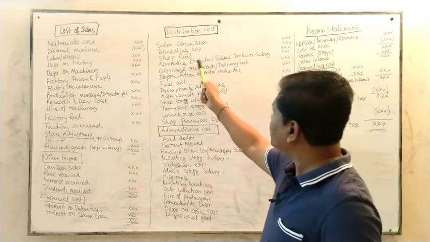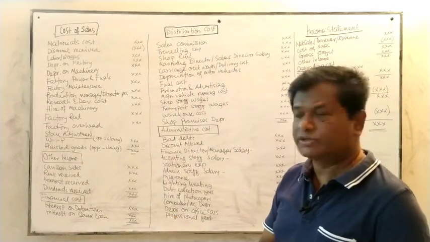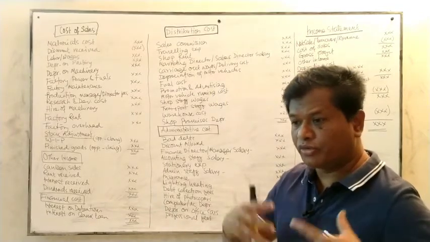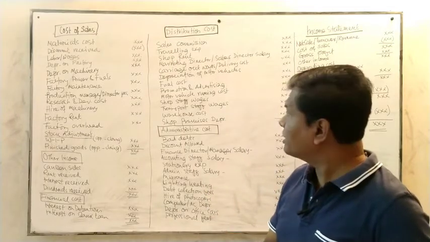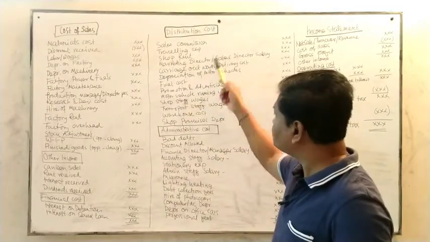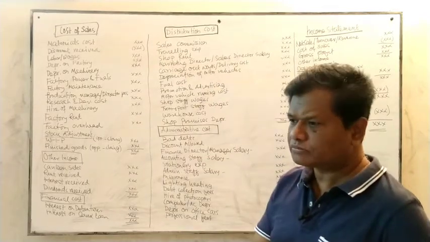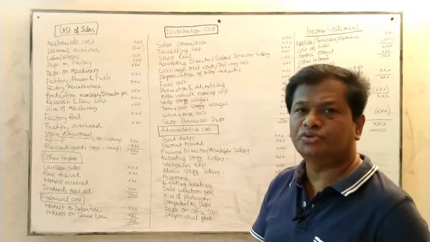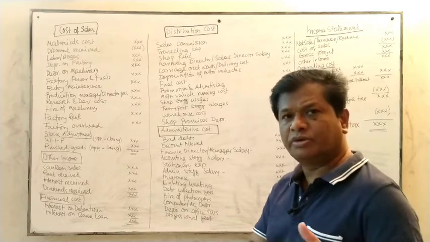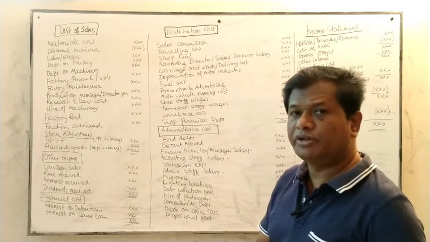You see marketing director or sales director salary or commission, or the fees. The marketing director or sales director works to improve the sales of the company. That's why they are given some salary. Their salary is to be treated under the distribution cost. And the carriage outward or delivery cost: when the goods are produced, they need to reach the different outlets, maybe our customers. So again, some carrying cost or delivery cost is there, and that also is borne by the organization.